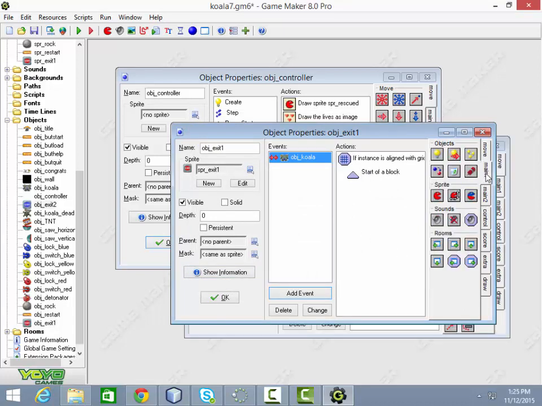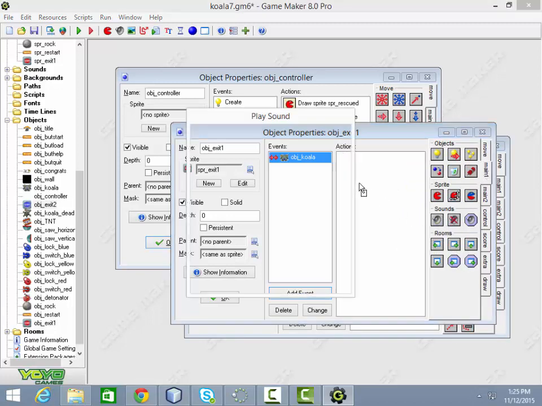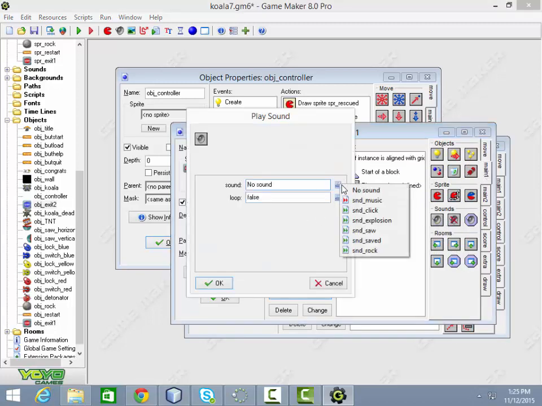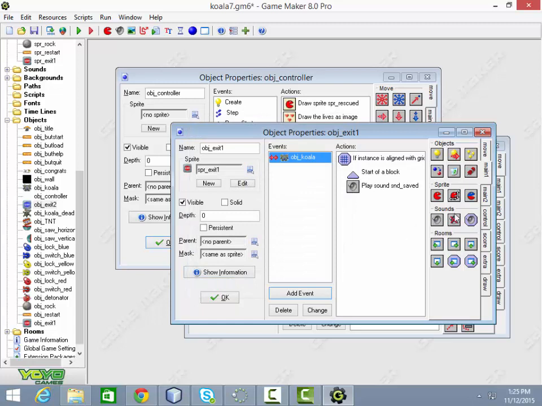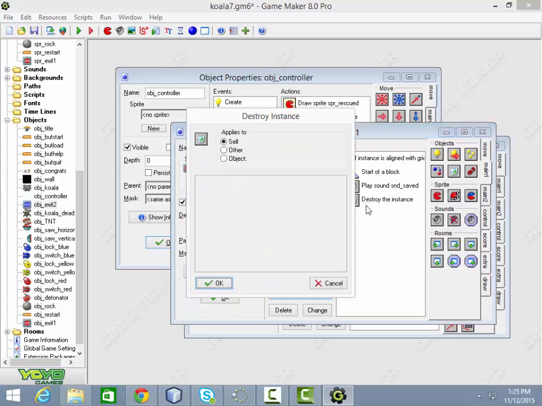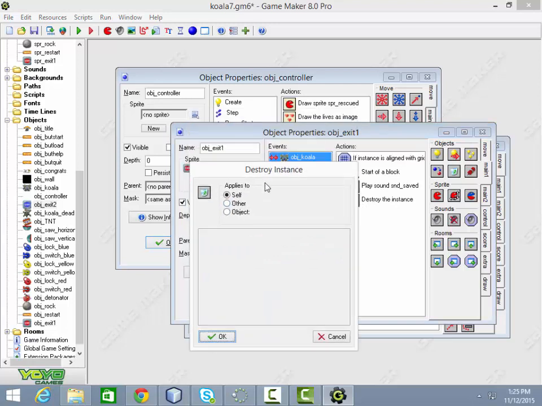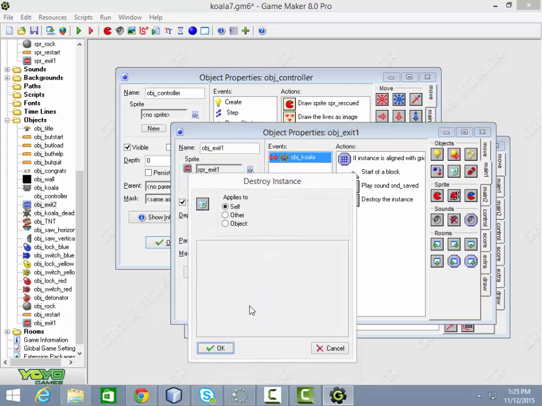We go and find the play sound. That's this one here. And we want to play the saved sound. And we'll keep looping set to false. Then we want to destroy the Koala. So we do that. We don't want to destroy the exit, but we do want to destroy the Koala,